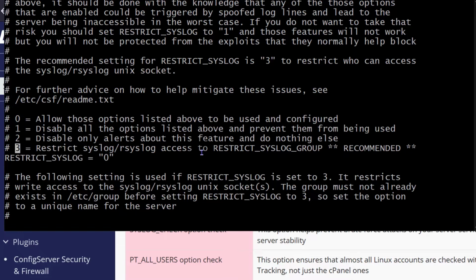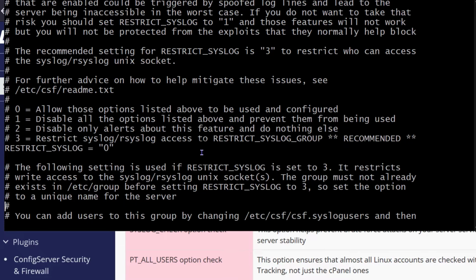For this, I'm going to come down here and I will do Shift A to go to the end of this line to put me in insert mode at the end of this line. And then I'll just enter 3 for the recommended option. And that is not the last item that we need to change on this configuration file. The next item